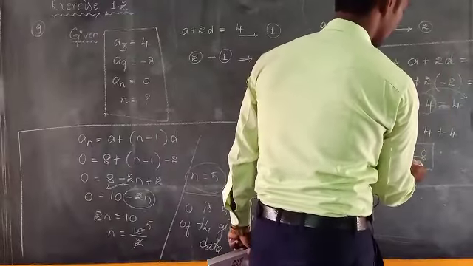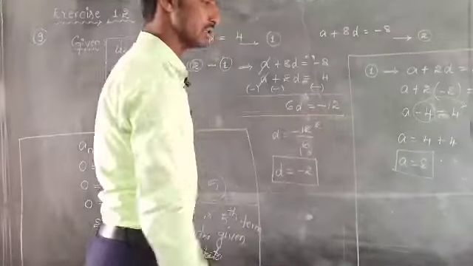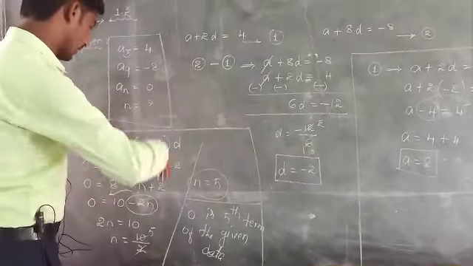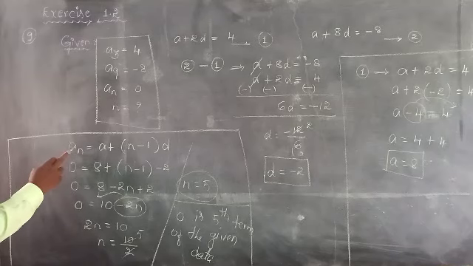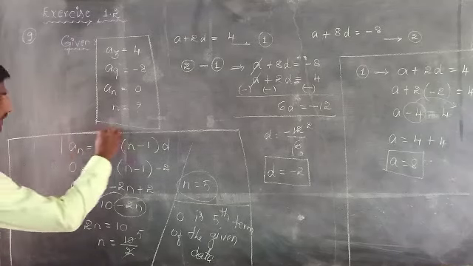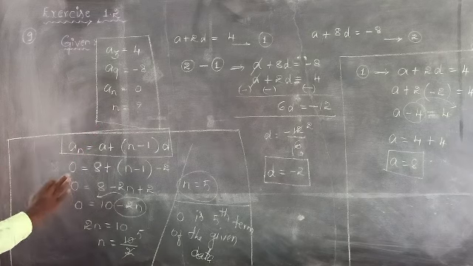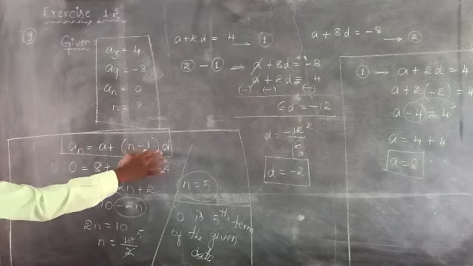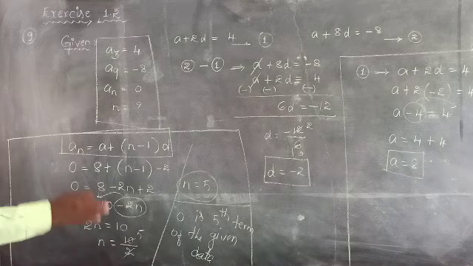From that I got the a value, which is the first term of the AP, that is a equals 8. Then I came to the nth term of AP formula, an equals a plus n minus 1 of d. According to the data I substituted the an value, a value and d value, and simplified. I got the n value as 5. The n value 5 means